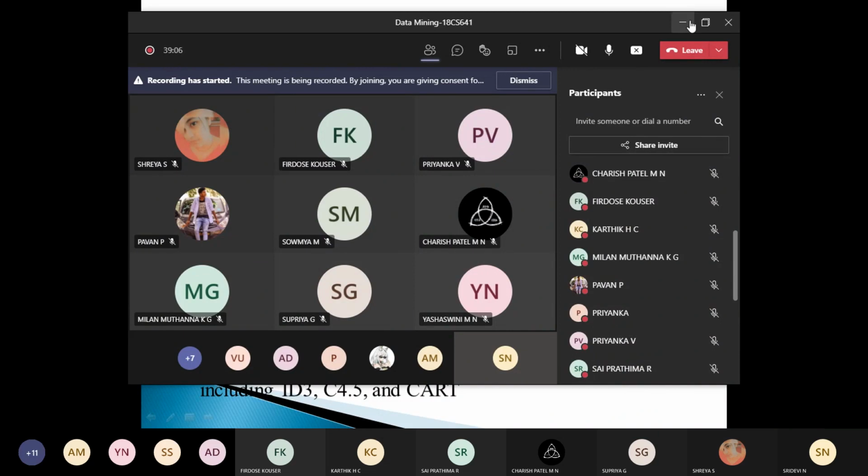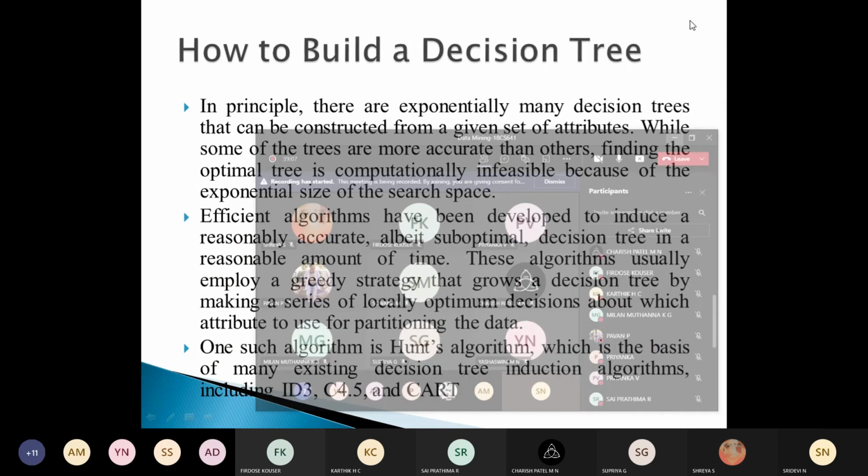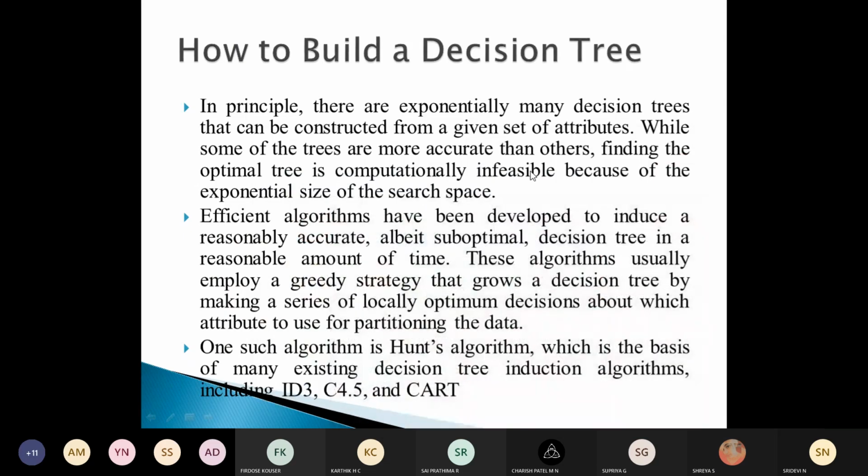Here also all algorithms which are used in decision tree induction will apply a greedy strategy, where the tree grows by making a series of decisions about which attribute to use in order to partition the data.